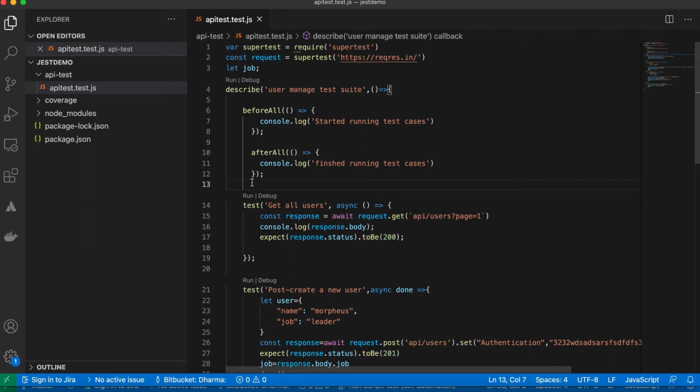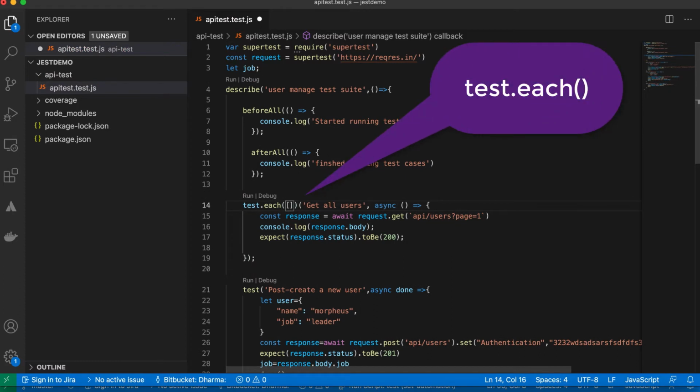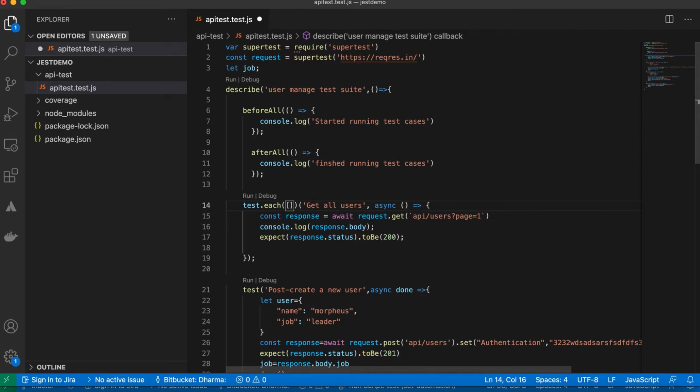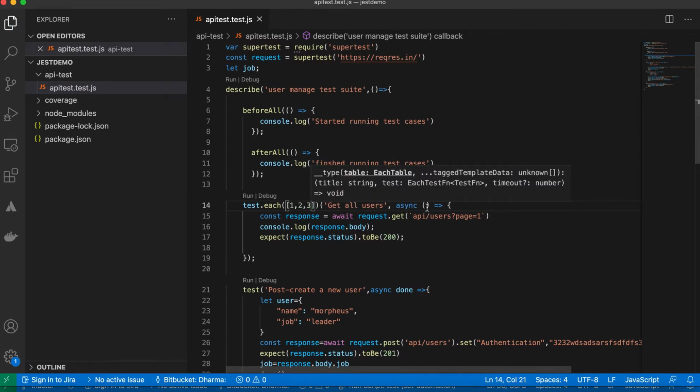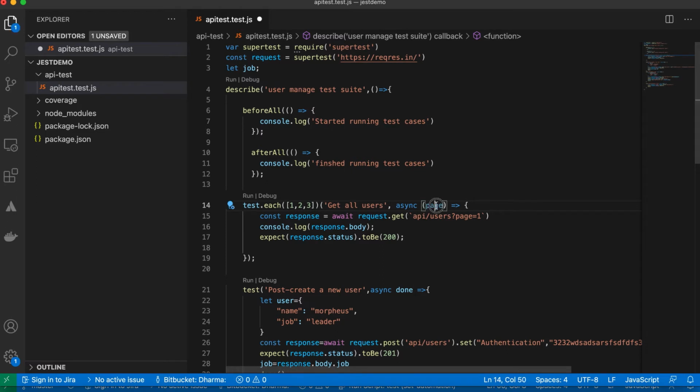But with Jest we have something built in, Jest dot each. Inside you can pass an array, something like 1, 2, 3, and that parameter I am going to use as page.